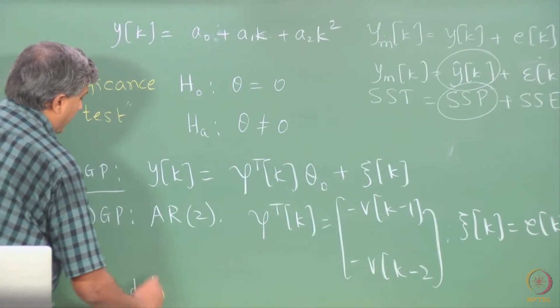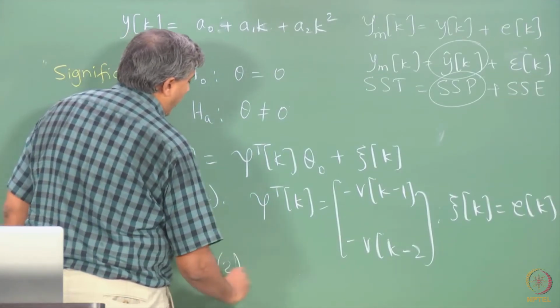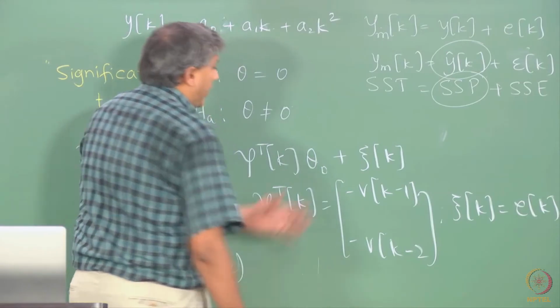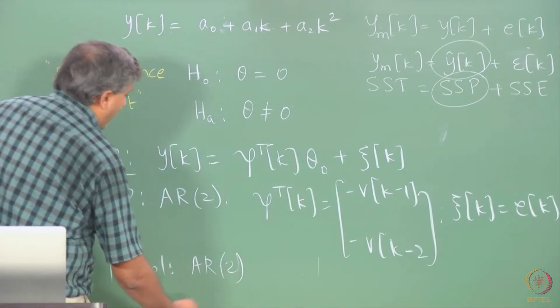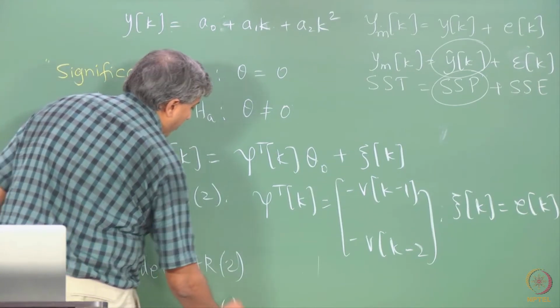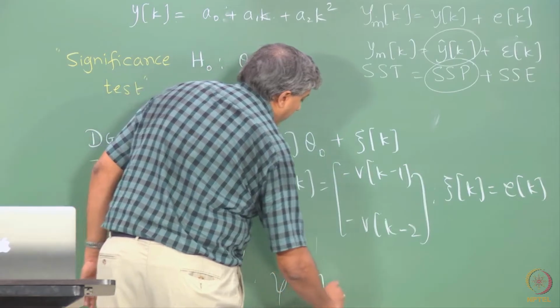I mean, if you are comparing with the model, suppose I have a model AR2, then the regressors are the same, right. But suppose the model is AR1, in which case the regressors in the model,